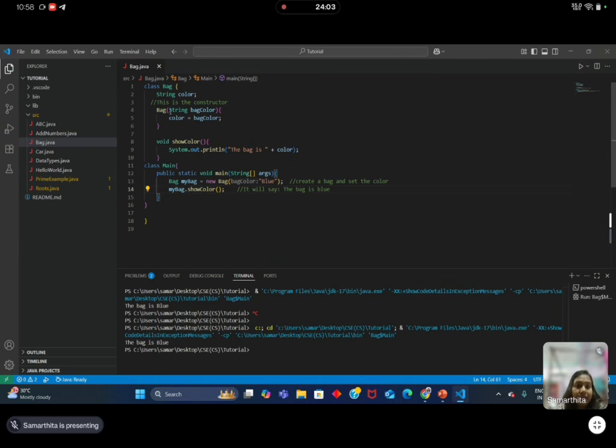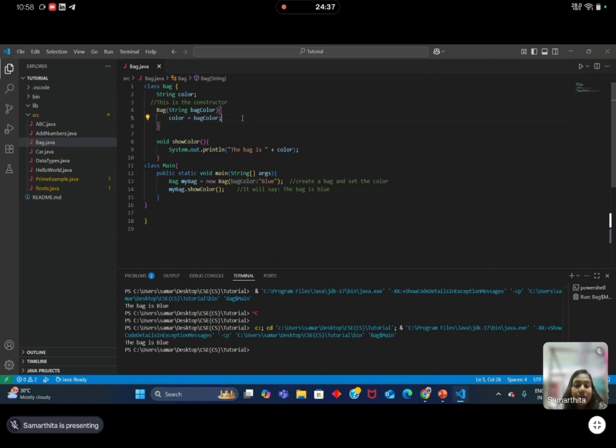When the object is created, the value passed, like blue, will be received in bag color. Then color equals bag color assigns the value to the instance variable color. So now the object knows its color. This is the step where the object gets initialized with its unique data.